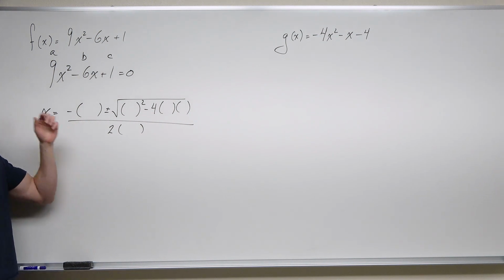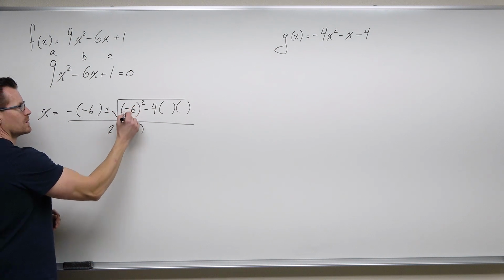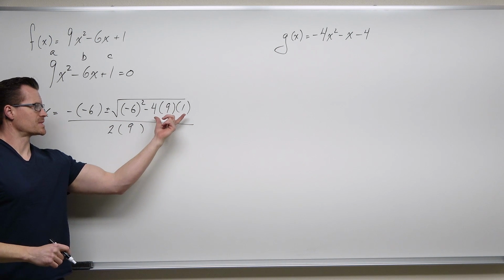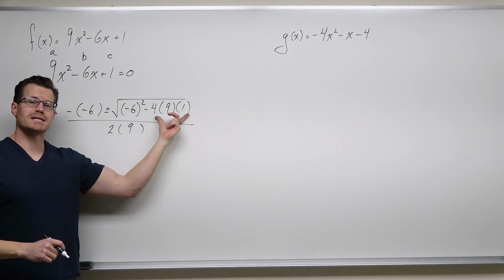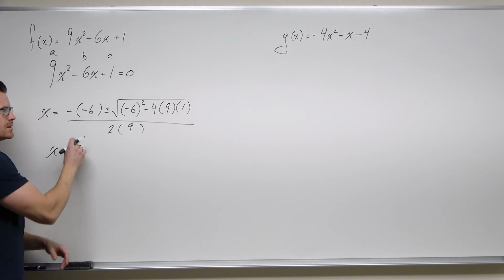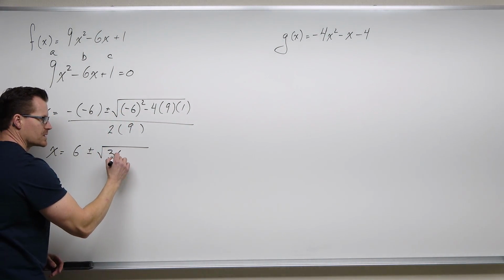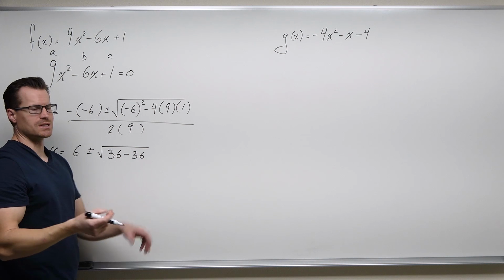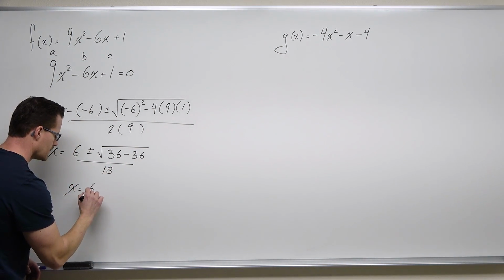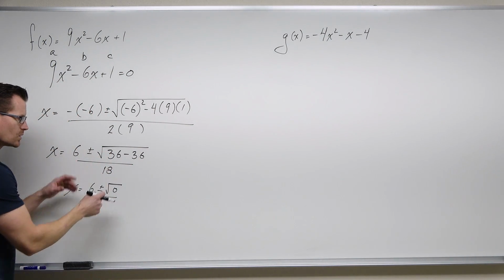So the first thing we're going to do, I'm going to think my A is 9, my B is negative 6. My B comes first. My A is next. My C is last. Right now, I'm seeing that these are positive numbers. I'm going to be subtracting 36, not adding. Opposite of negative 6 is 6 plus or minus the square root of, we'll have a positive 36 minus 36, and we see the 0 right there. So we end up getting 6 plus or minus 0